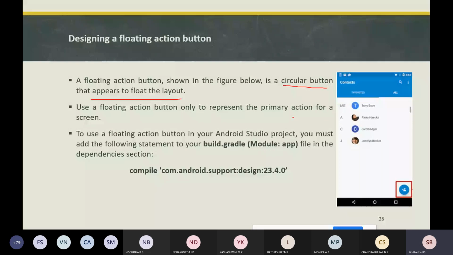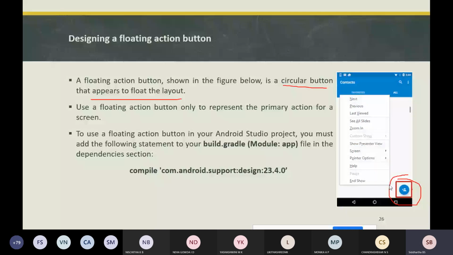So this is a floating action button. One more example is in your email, there is a button to compose an email. So likewise, there will be floating action buttons, and you can create them whenever they are required for your particular application.